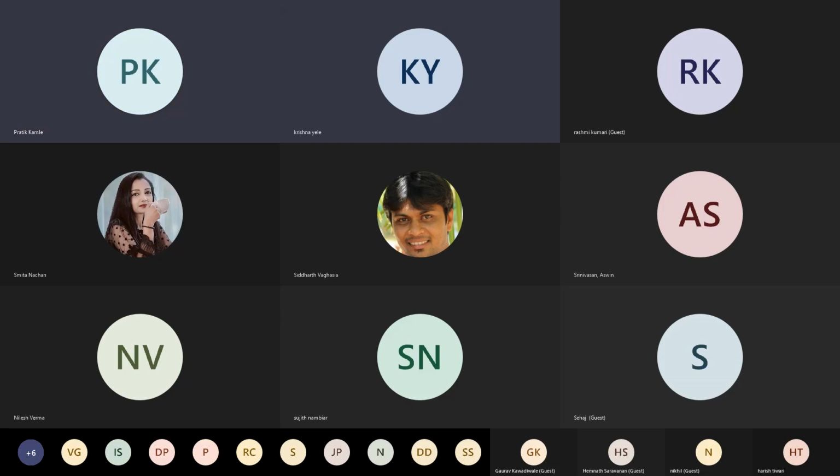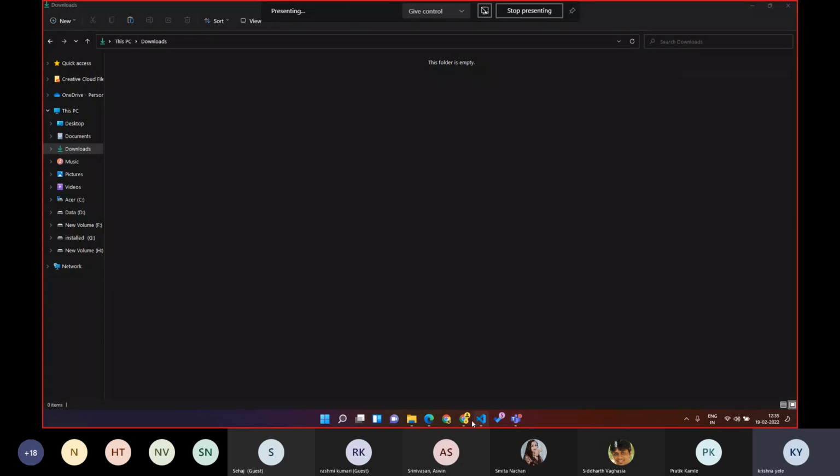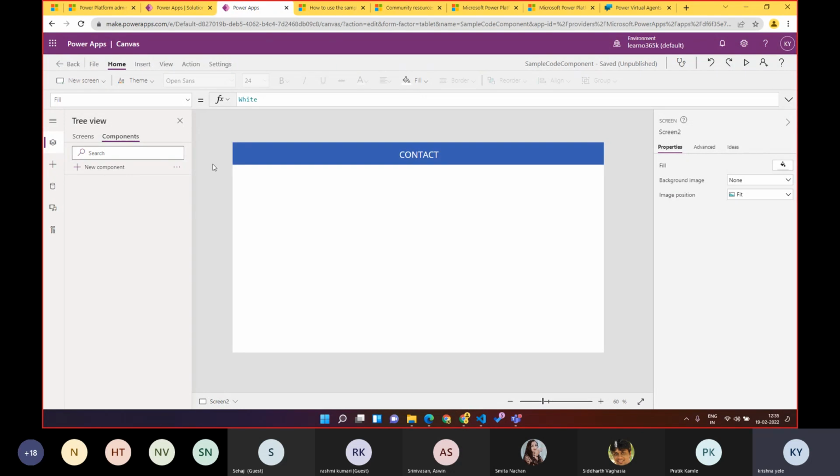Yeah, thank you, Pratik. So we just saw the use of custom components to minimize our efforts, bring uniformity to the app, and make the app maintainable. But since these components are being created in the Power App, it is bound to use the features which are only available in Power App itself. For example, if you want to create a component,